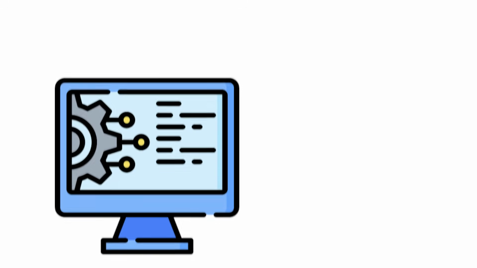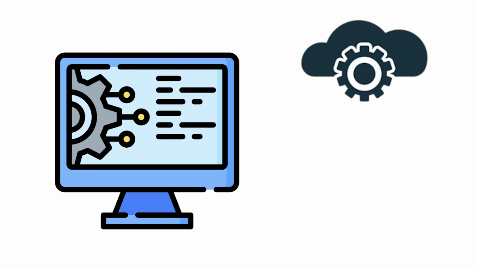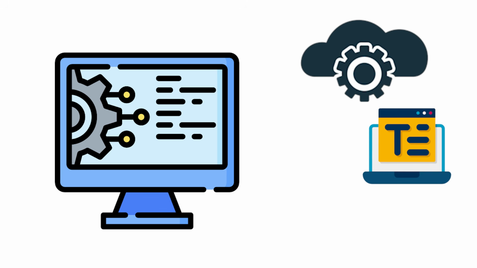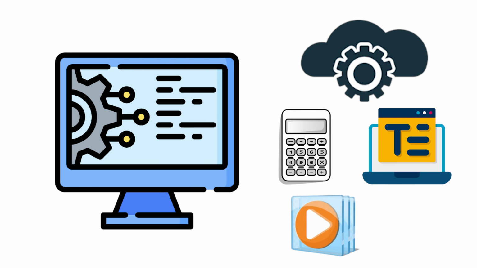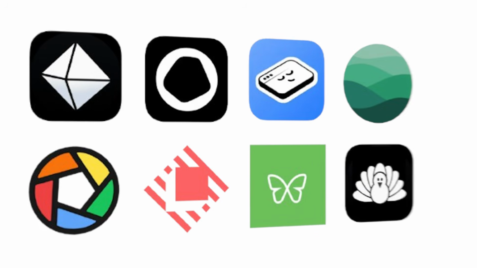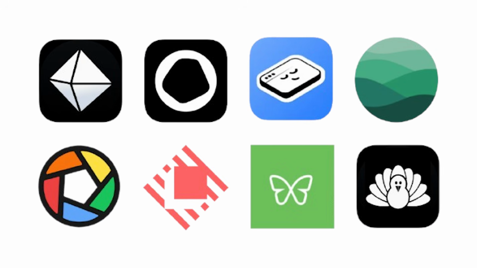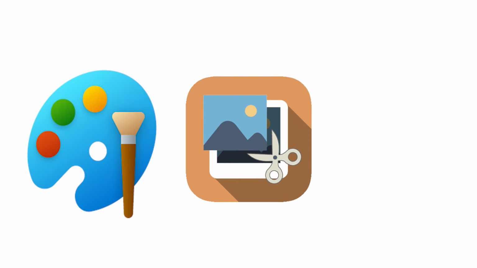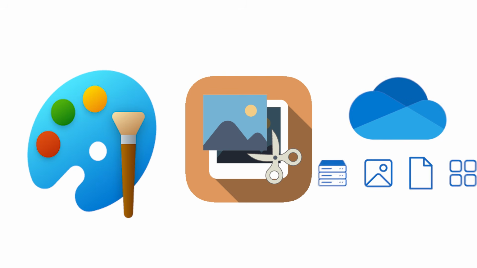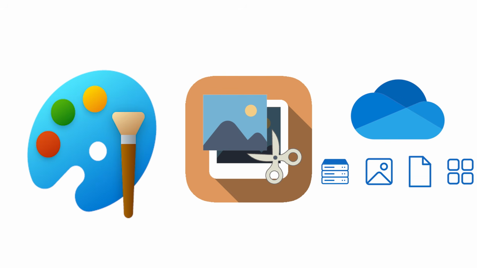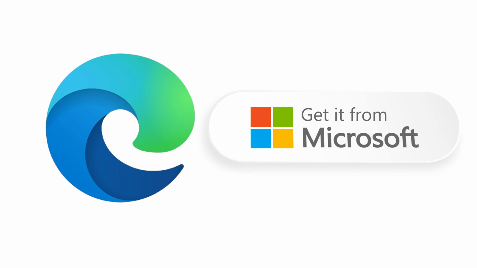Default apps. Every operating system ships with a set of pre-installed applications: text editors, calculators, media players, image viewers. These are the apps that most people either use without thinking or completely ignore. Windows has Paint for basic image editing and the Snipping Tool for screenshots. Windows also bundles OneDrive for cloud storage, Microsoft Edge as the default browser, and the Microsoft Store as the app